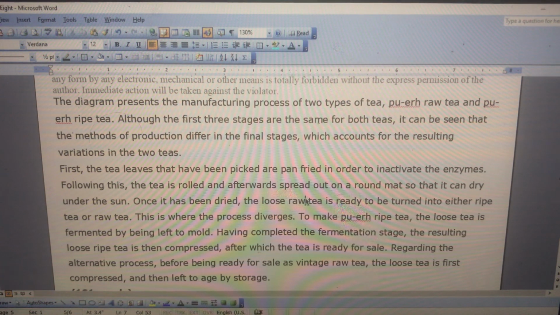The diagram presents the manifestation from your progressive stage. Although the first three stages are the same for all